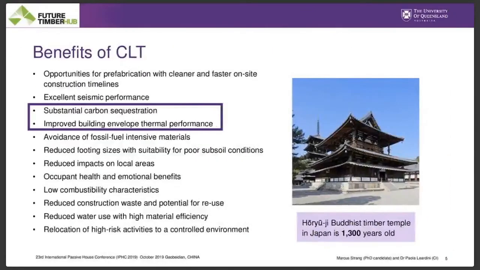So the benefits of CLT that I'm most interested in is its carbon sequestration potential. So when we look at any timber product, half of the dry weight of that product itself is carbon that it's absorbed from the atmosphere. So that's pretty incredible and a really great way to try and reverse climate change, and also looking at how timber performs thermally as part of the fabric due to its low conductivity, which reduces thermal bridging effects and the like. Timber also is great for construction, so it's really when you build the assembly in a prefabricated